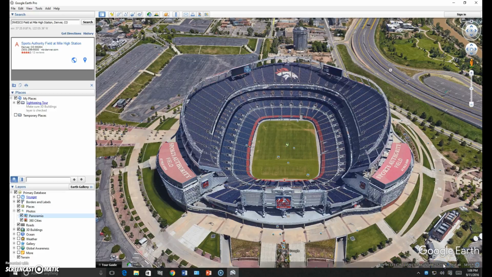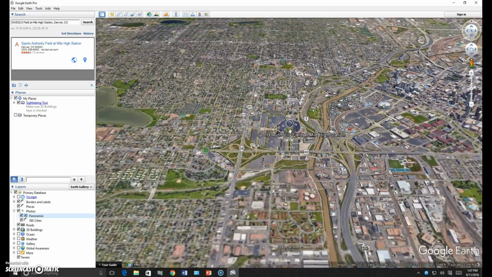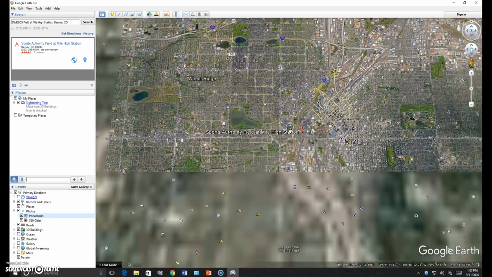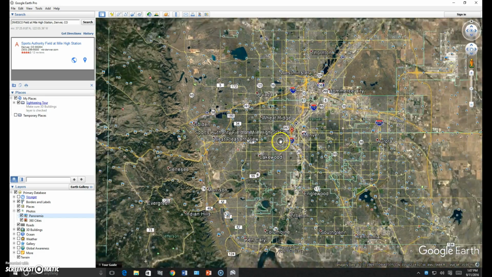5,201 feet. 1 mile above sea level is 5,280 feet. So if you look at the sign here where it says Sports Authority Field at Mile High, Denver is actually nicknamed the Mile High City, and that's because the elevation is actually very, very high. In spite of that, there's still a lot of people. If I pull back from Sports Authority Field, and we'll get higher and higher now, if I look just to the west of where Denver is located,